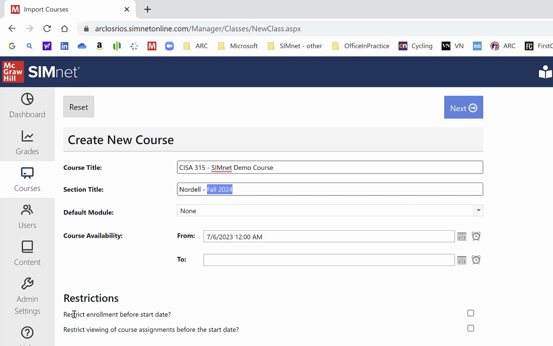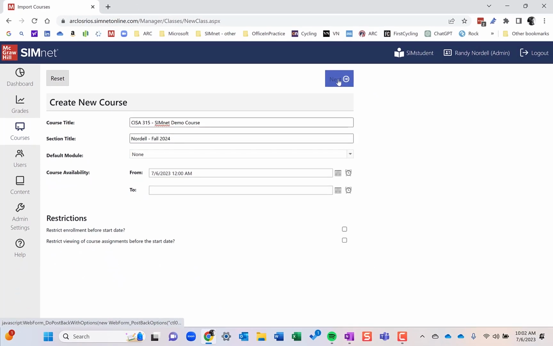Same thing down here, restrict enrollment before start date. You can put that if you don't want students to go in. I'm going to show you another way to do that as well. Restrict reviewing of course assignments before the start date. If you want to do that, you can do that. You can go back in later and do this as well. So I tend to not change any of this when I'm first setting up a course. So I'm going to click next,